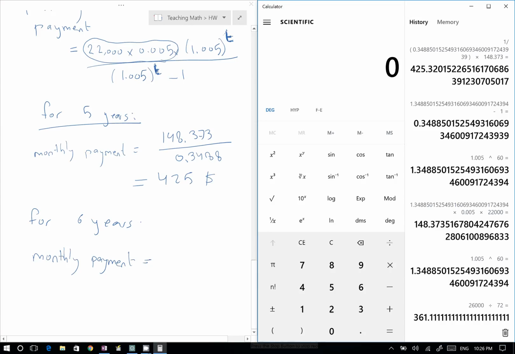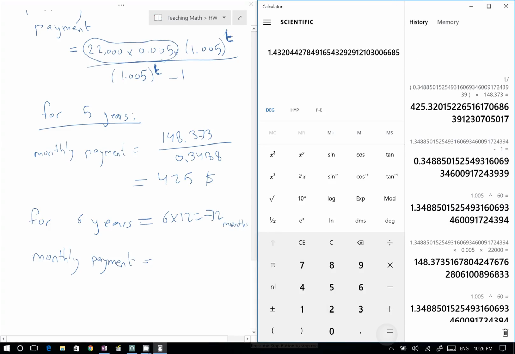Okay, 1.005 raised to the power. So 6 years is 6 times 12, that's 72 months. Raised to the power 72